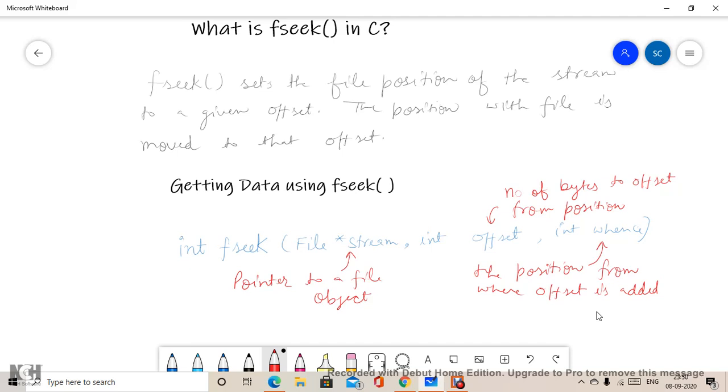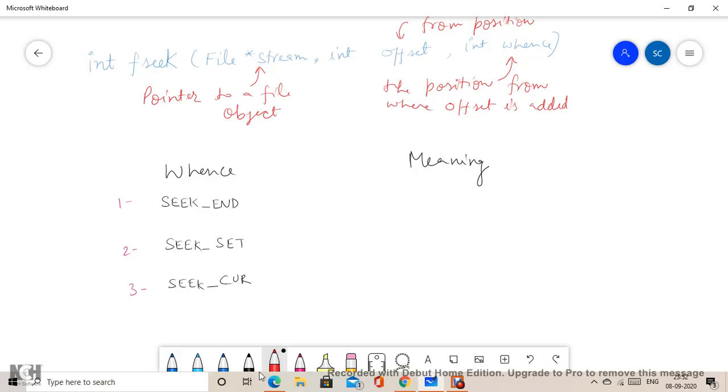We will see an example, but before that we should first know about the whence parameter. There are three varieties of whence in the fseek function. We will see all three and what happens with each, and then we will see their uses.